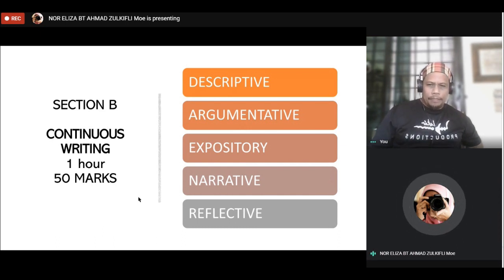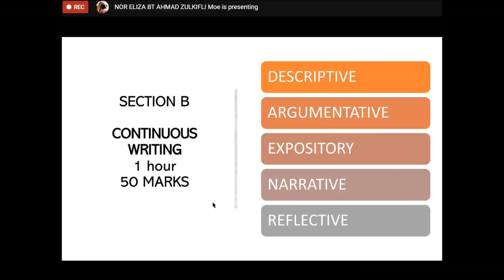Sometimes section B looks easy, easy for you to tackle for that day. Then you do section B. And if you think section A is easy for you to handle for that day, you do section A. So do not be rigid, thinking, oh, I must do section B first and then section A, or I do section A first and then section B. Don't do that. Look at how the questions go during the exam day. Okay. So look at the questions and see which one you can manage well.